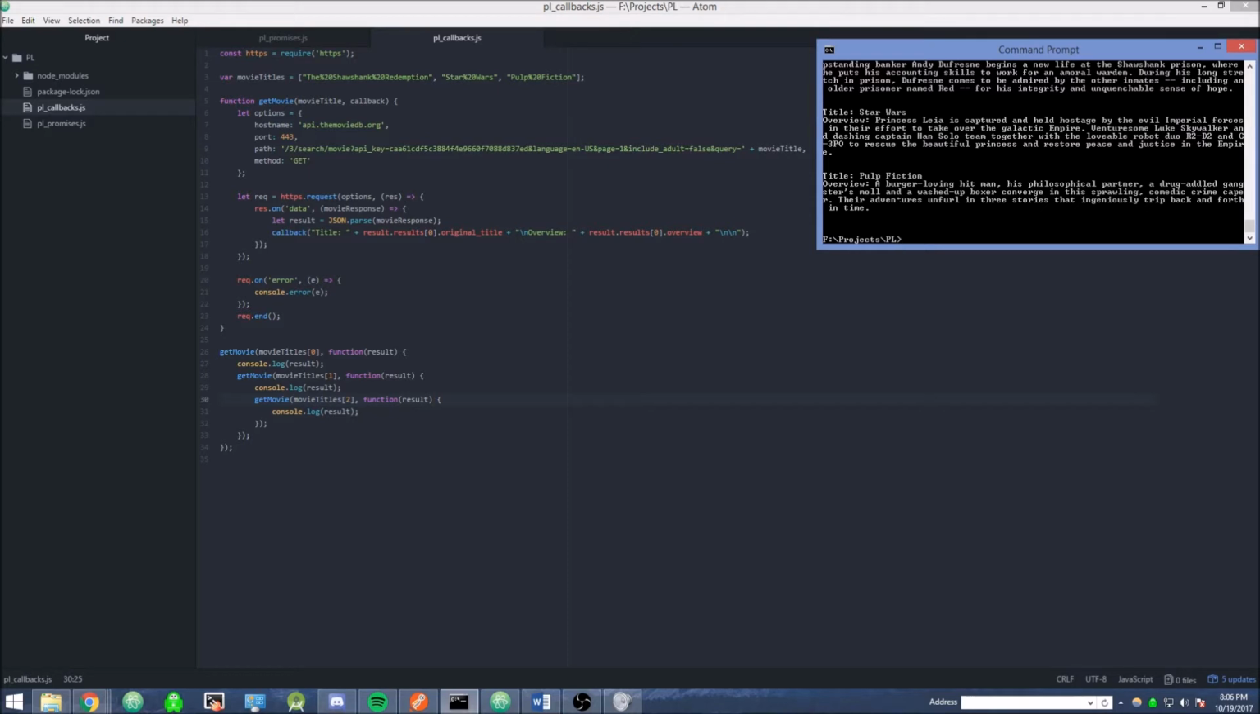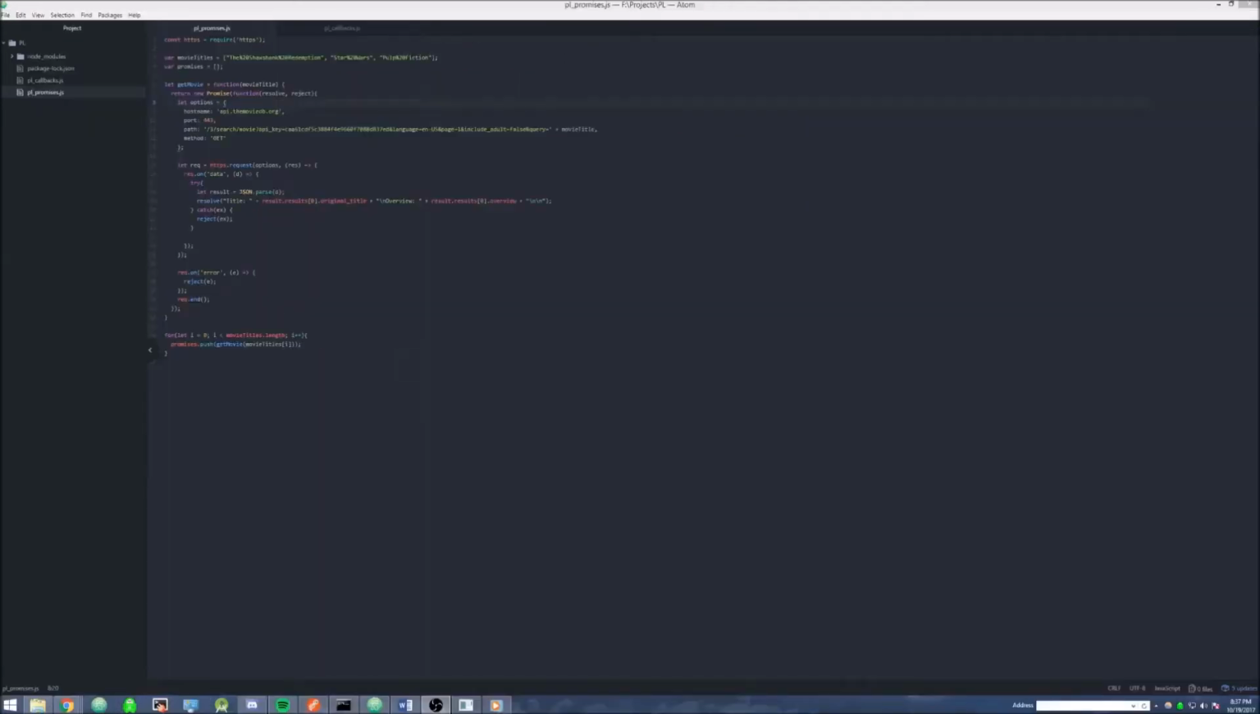So now we're going to show how we can solve this by using promises. Adam will now show you and explain how we can do this. Thank you, Nick. So now we're going to show how we can create these same HTTPS requests using promises. And using promises will allow our code to be a lot cleaner, as we won't have a bunch of nested